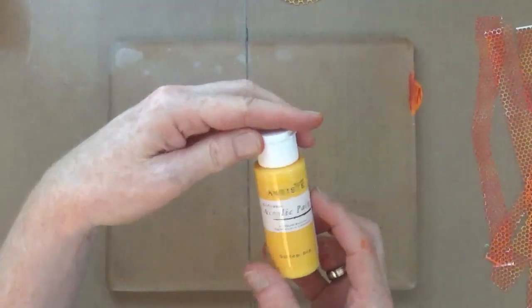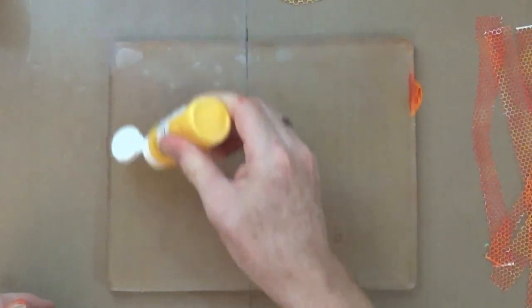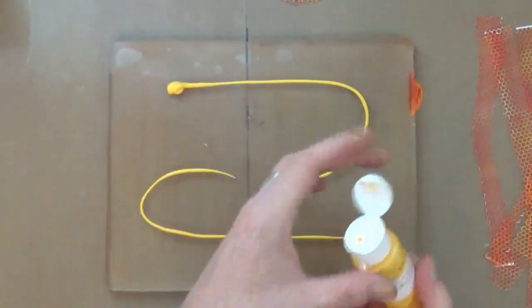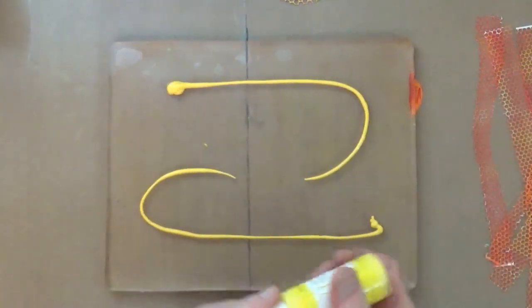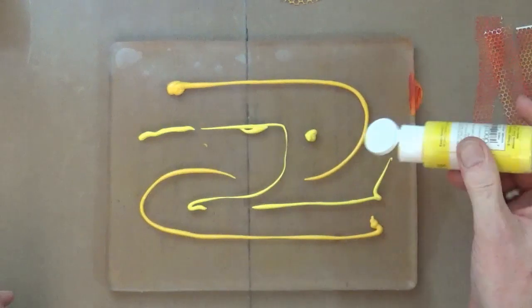Okay, so let's move on to the yellow. This is Golden Sun. Yeah, Mum. And Buttercup. So two different yellows,